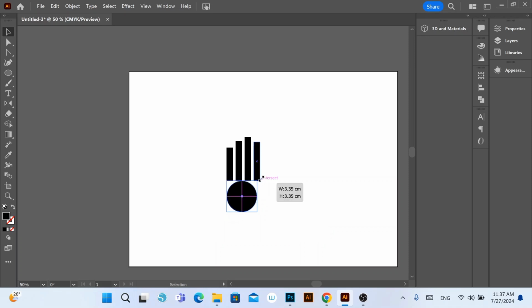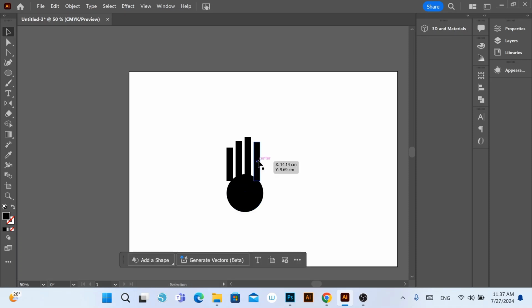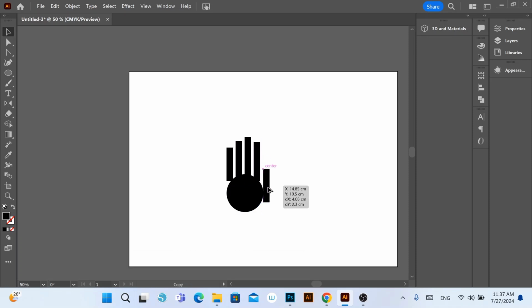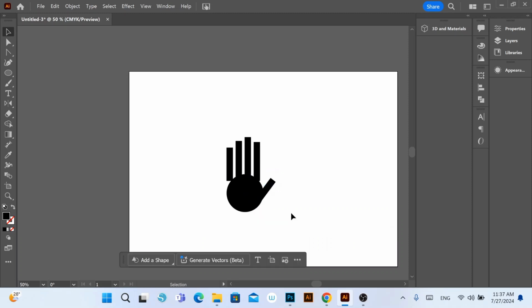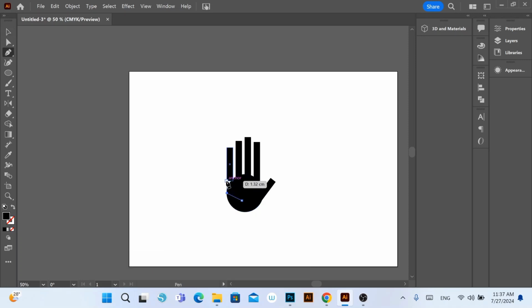And on this other side, I'm going to make it just a little bit bigger because we still need to add the thumb. So I'm going to make a dragged copy of the pinky since it's the smallest finger. And I'm going to rotate it and put it in position so it's going to be the thumb and last